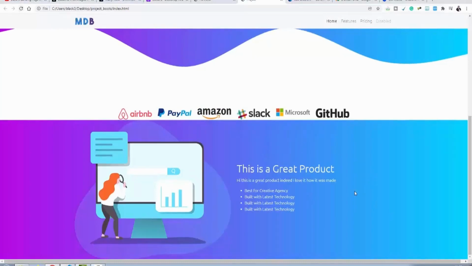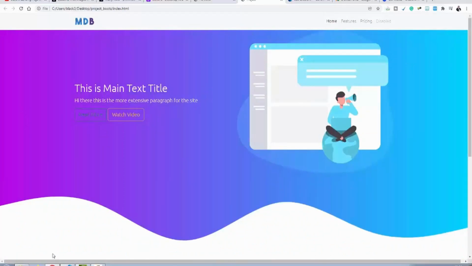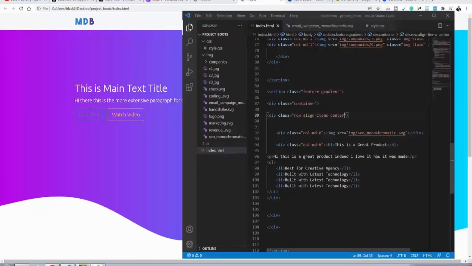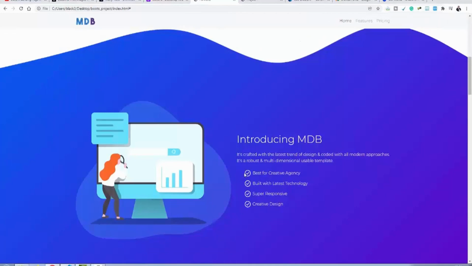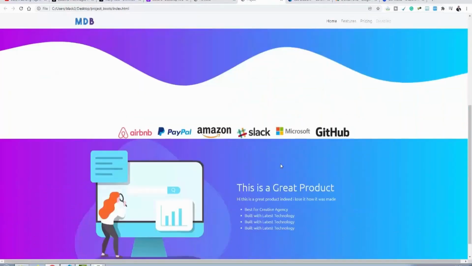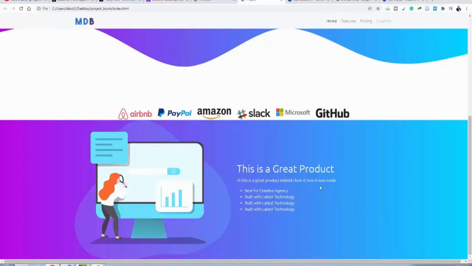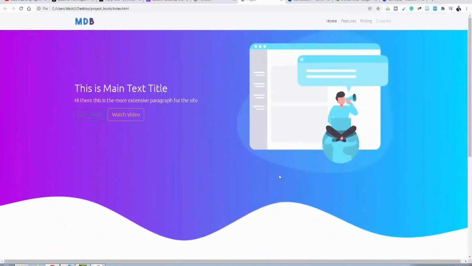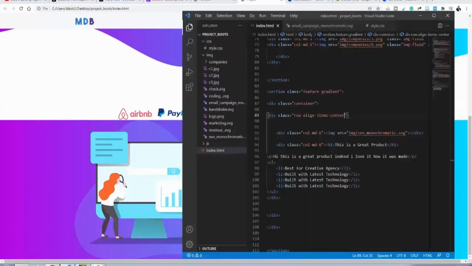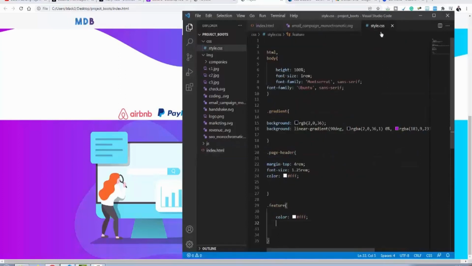Perfect. So now we're gonna change the icons to these ones here, that we have an image for that. So in order to use that image, let's go here to style,